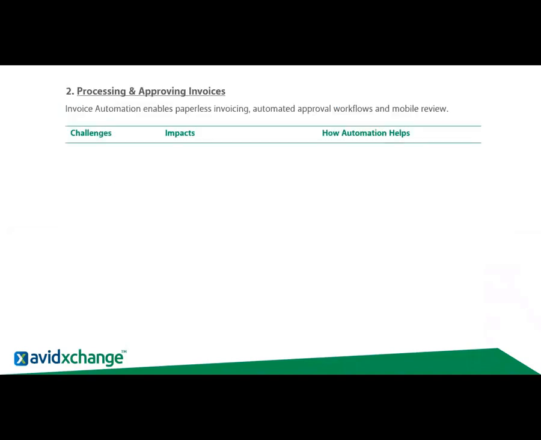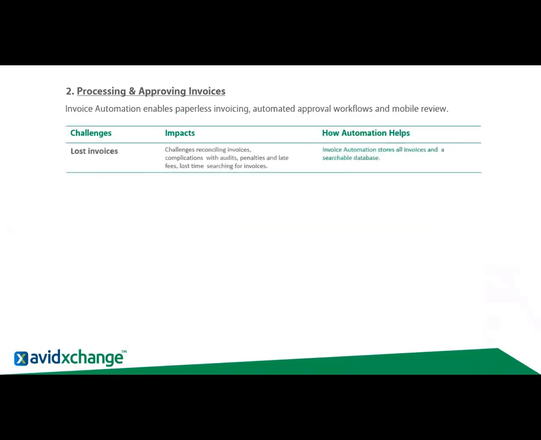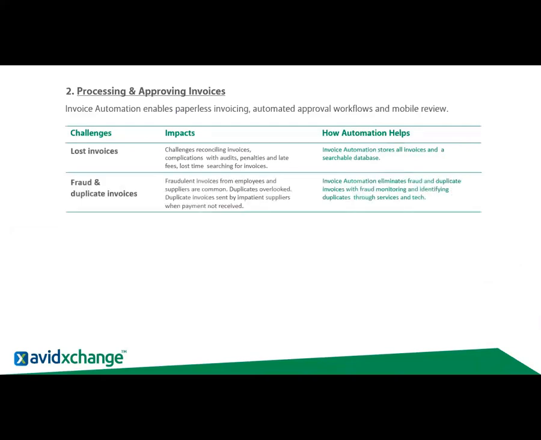Second one is around processing and the approval of invoices. There's always lost invoices that you have to deal with, and that impacts things, because if there's a lost invoice, there's always the issue of having duplicates. Like I stated just earlier, fraud and duplicate invoices are always a concern with a manual